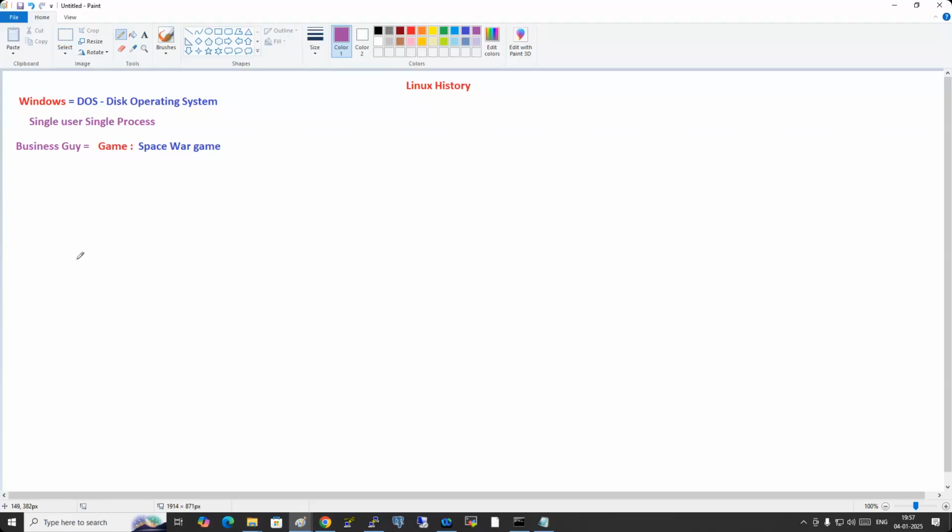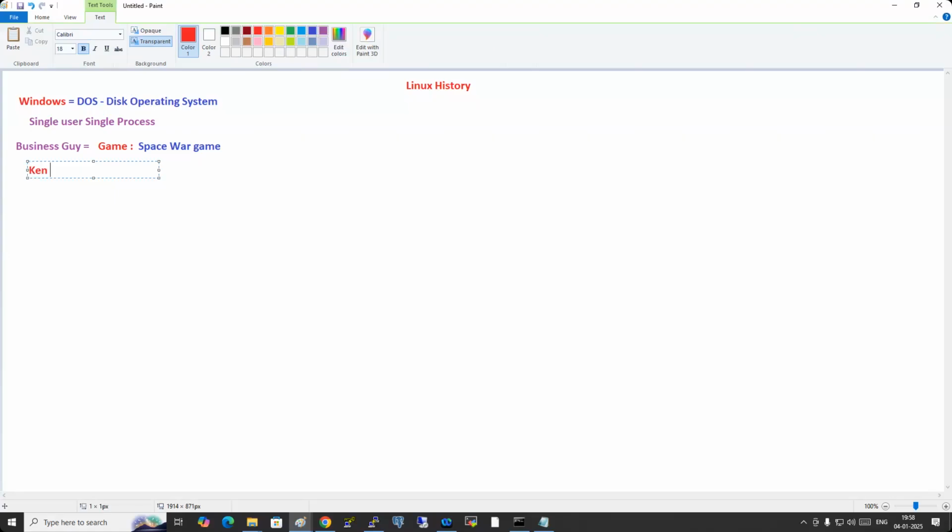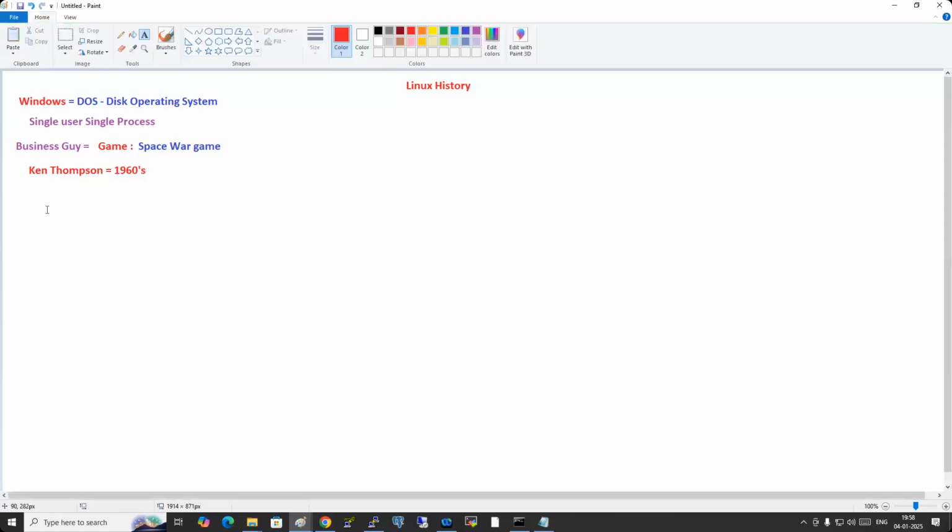The concept is what? Multi-user, multi-process concept. So was Windows giving that multi-user, multi-process concept in those days? No. For that reason, he went to a person called Ken Thompson. Who is that? Ken Thompson. So this was in the early 1960s. He went to Ken Thompson and said, hey, Thompson,